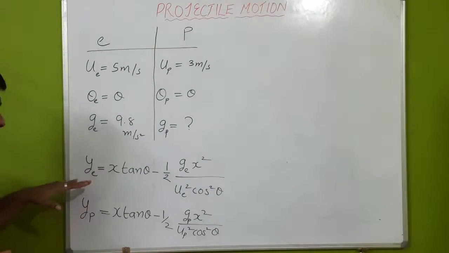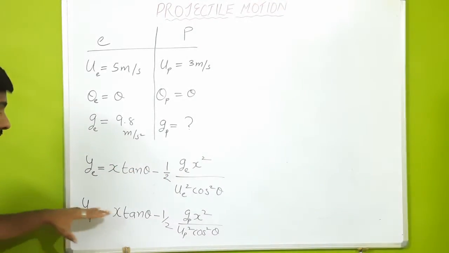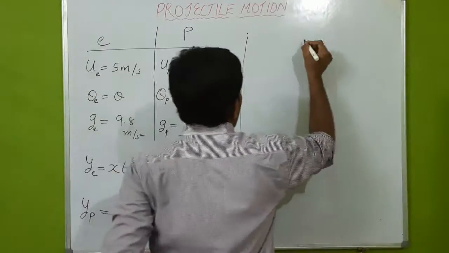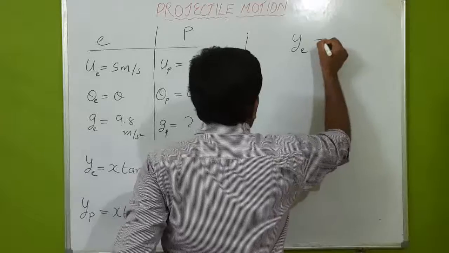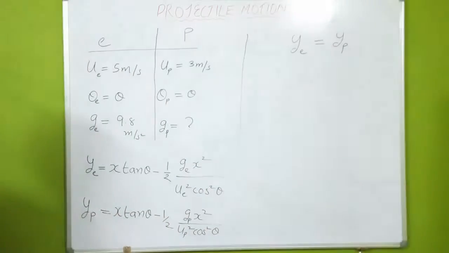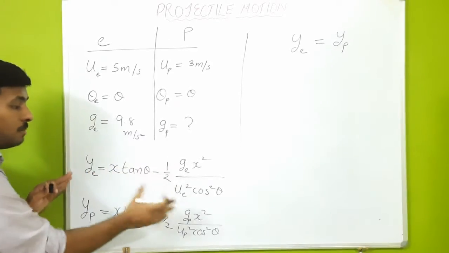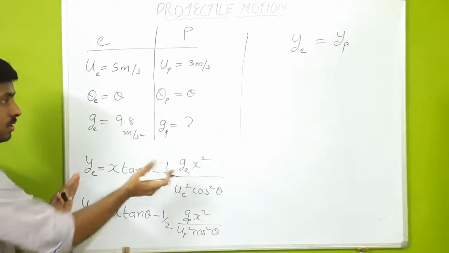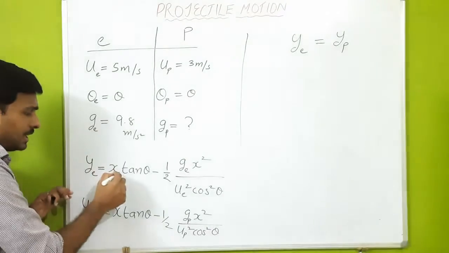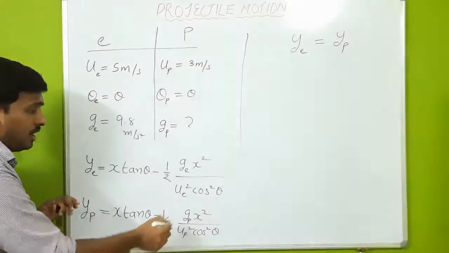So this is the trajectory on Earth, and this is the trajectory on the other planet. We know that the trajectory on Earth can be equated with the trajectory on the other planet. So these two terms will be on either side of the equation. Therefore we can cancel the equal terms, that is x tan theta is common, half and half is common, cos